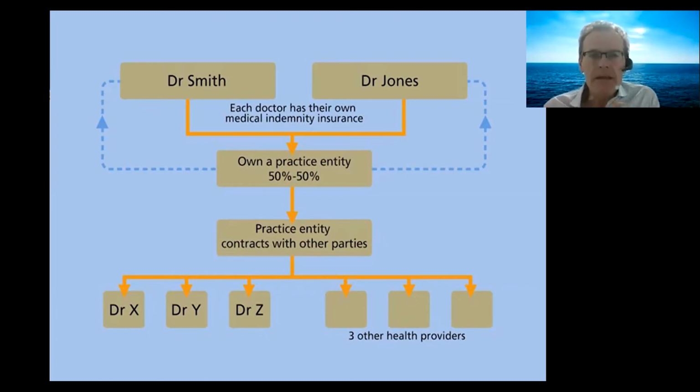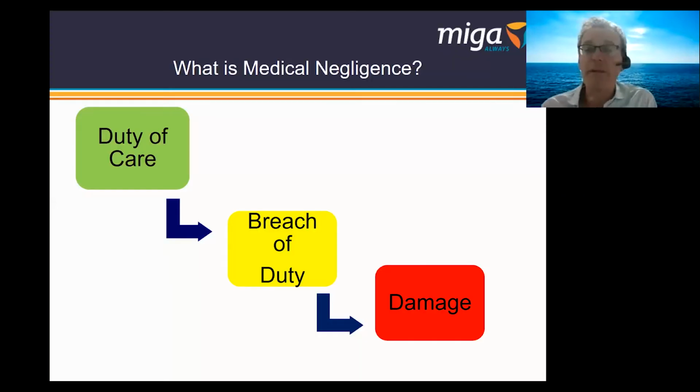So just keep that sort of scenario in mind, and I just want to quickly go through what medical negligence is. So there has to be a duty of care. So you have a duty of care to your patients, as you know. Again, that duty of care would also be applicable to the staff members that you engage as well. There has to be a breach of the duty of care. And as a result of that, there has to be damages. So all these three things have to align before a patient's entitled to any sort of compensation or payment.